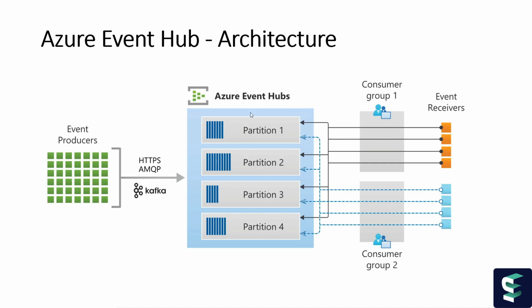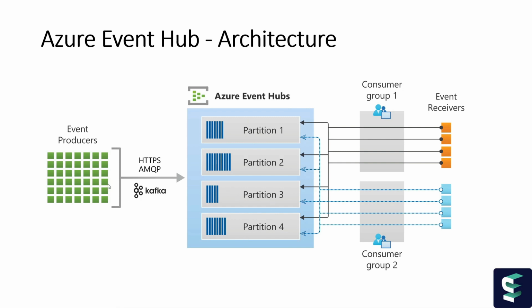Azure Event Hub consists of a number of partitions. It has a limit, I think, from 1 to 32. You can increase the number of partitions to around 1024 by contacting vendor support. But in a general, ideal situation, it should not be required unless you have a very specific requirement for data and event processing. Basically, the events sent from the event producer are load balanced across these partitions, and they are ordered in each partition from the oldest to the newest event.